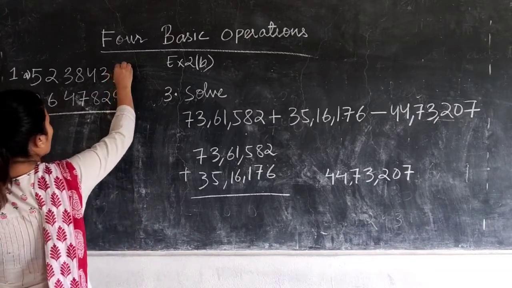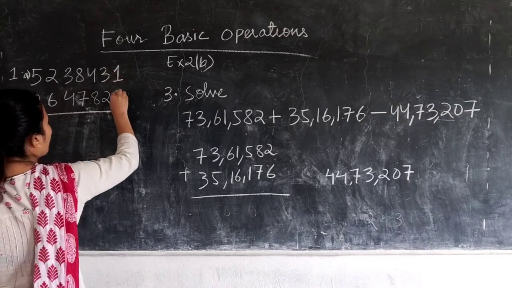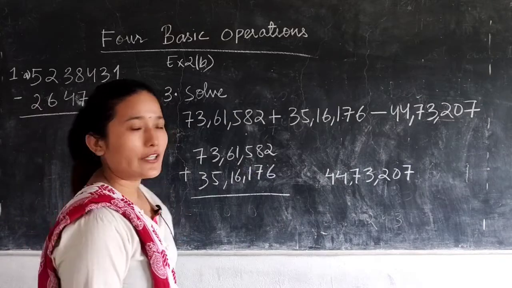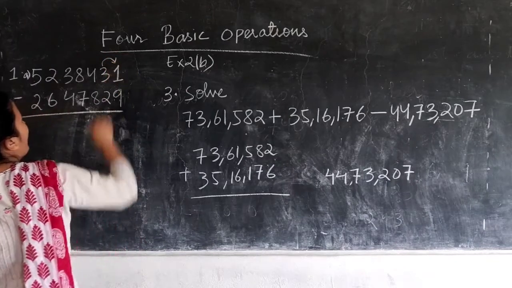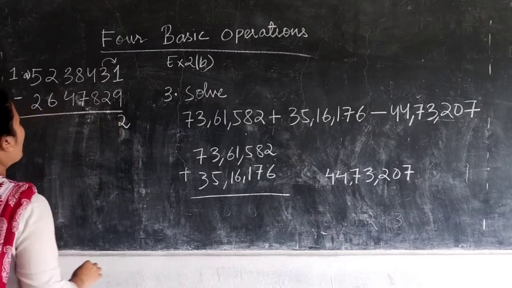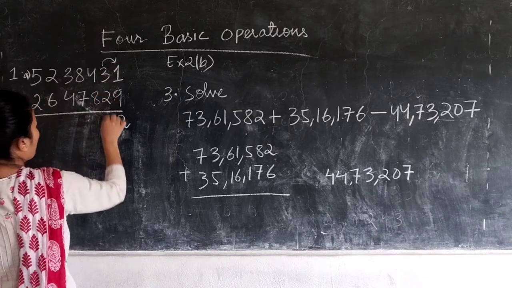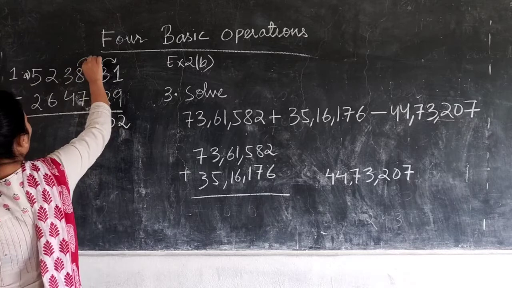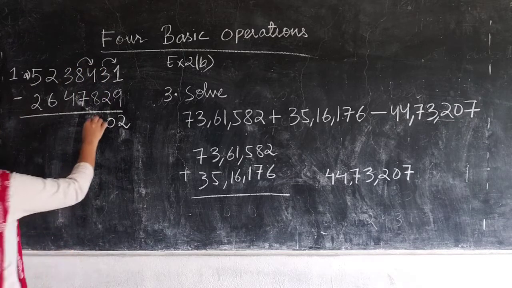So if you look at this, the upper number is smaller. 1 is smaller than 9. So with a smaller number, you cannot subtract the larger or greater number. So you have to carry forward 1 from here. So 11 minus 9 would be 2. Then since you have already given 1 here, you have 2 remaining. So 2 minus 2 is 0. Similarly, 4 is smaller, 8 is greater, so you will carry forward here. So 14 minus 8 would be 6.